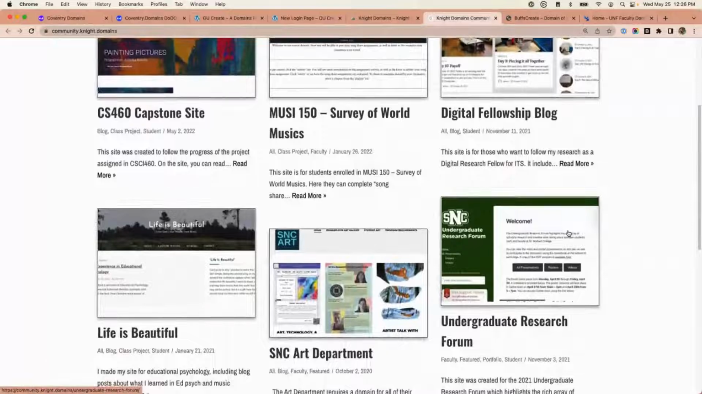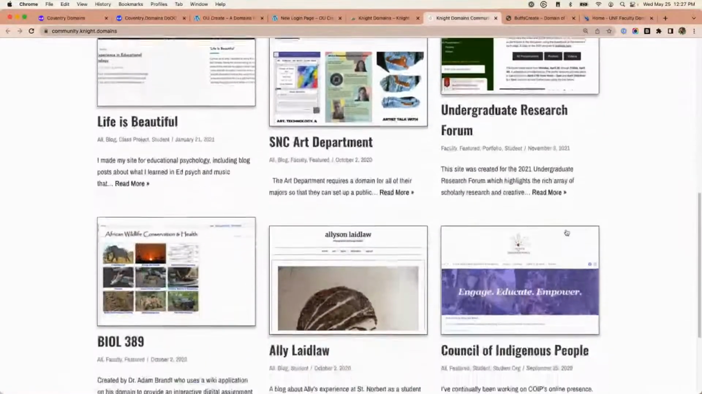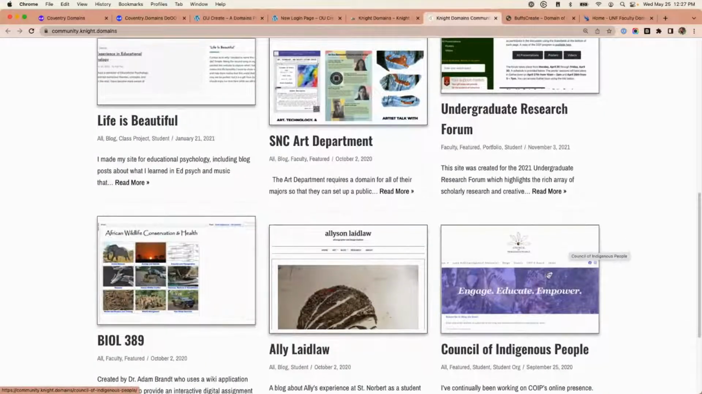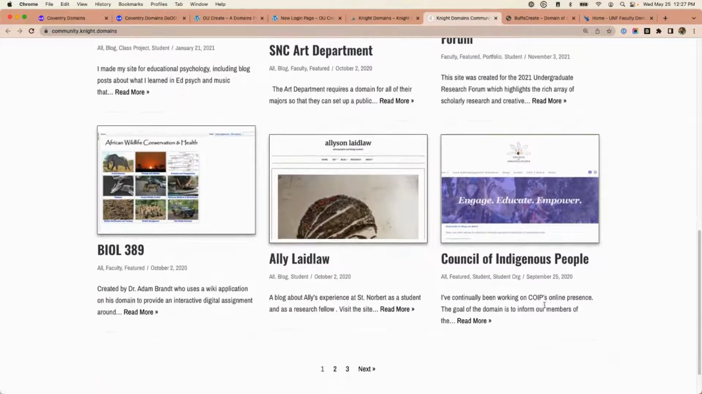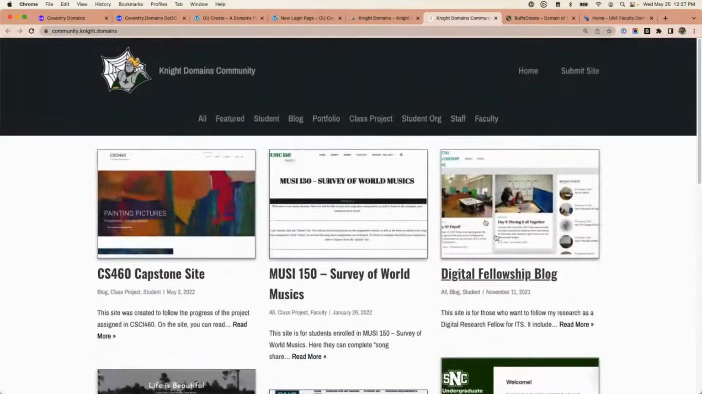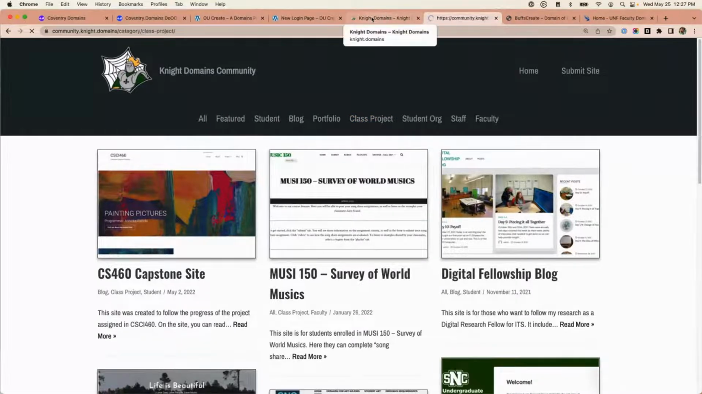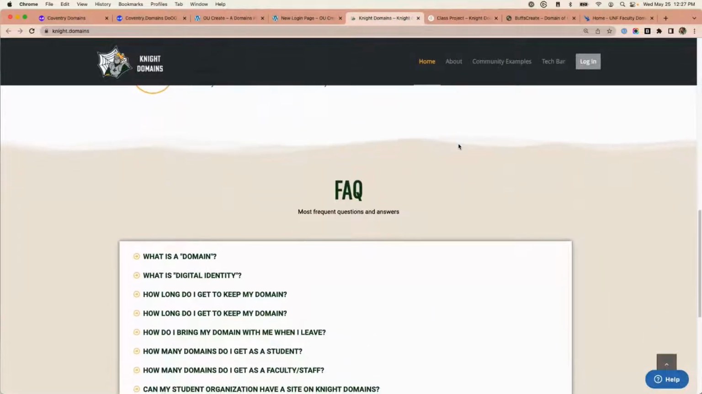So that was kind of the idea, is that one of the steps is we want to know what you're doing. We want you to share that, so we wanted to make that prominent. If you go back to the Night Domains page here, it's also linked in the menu at the top too,